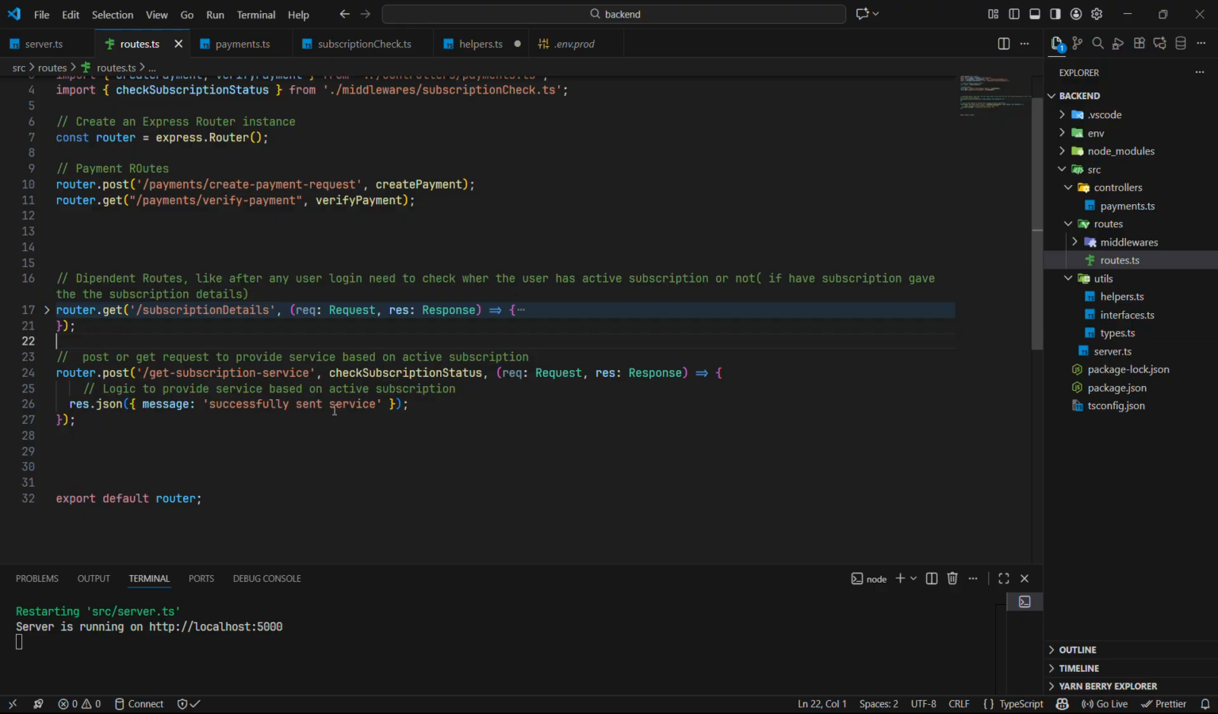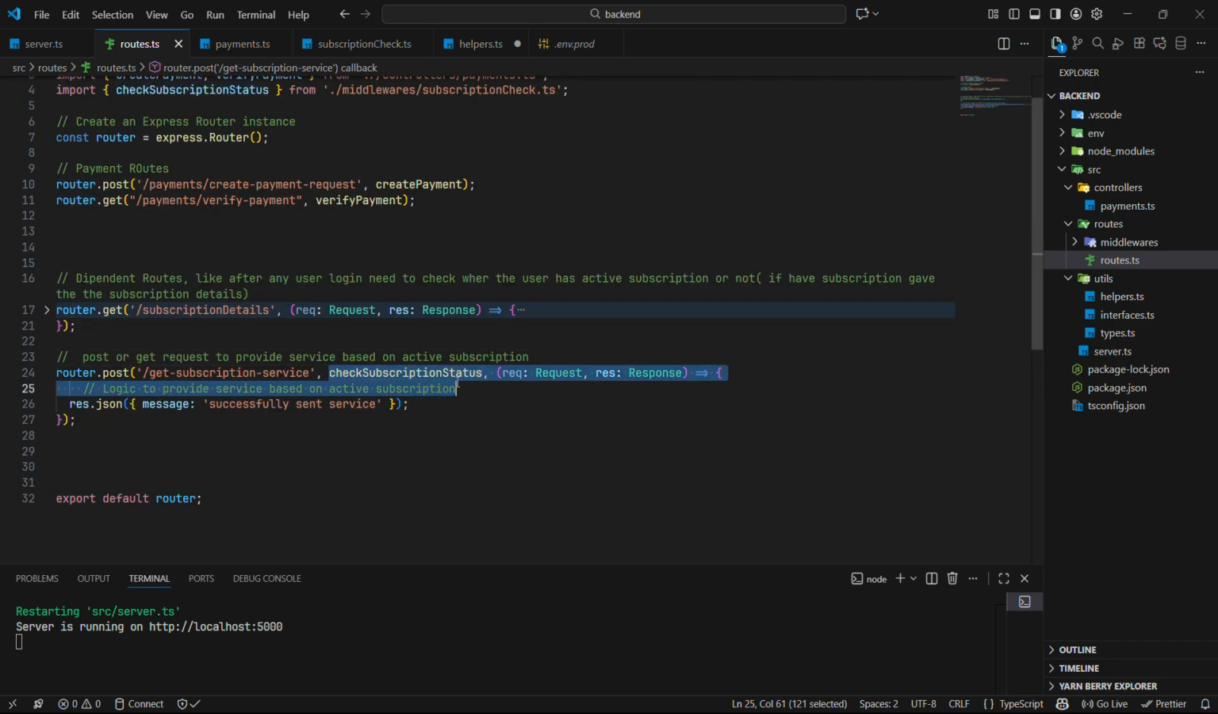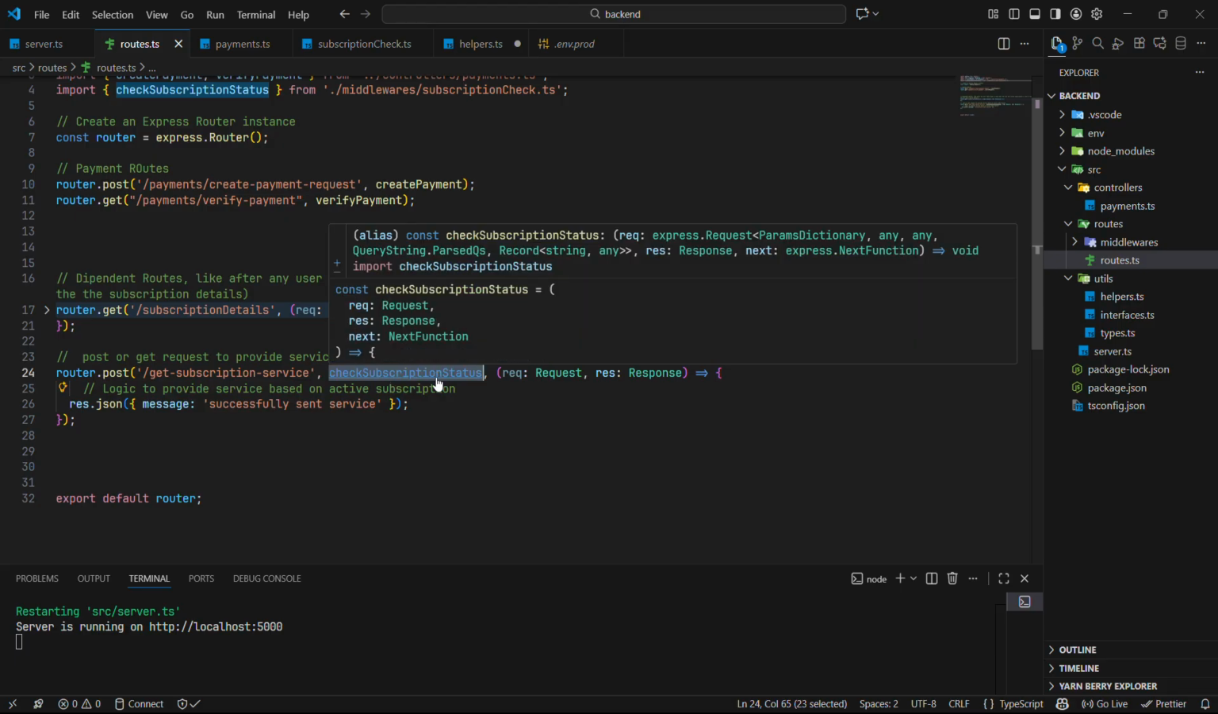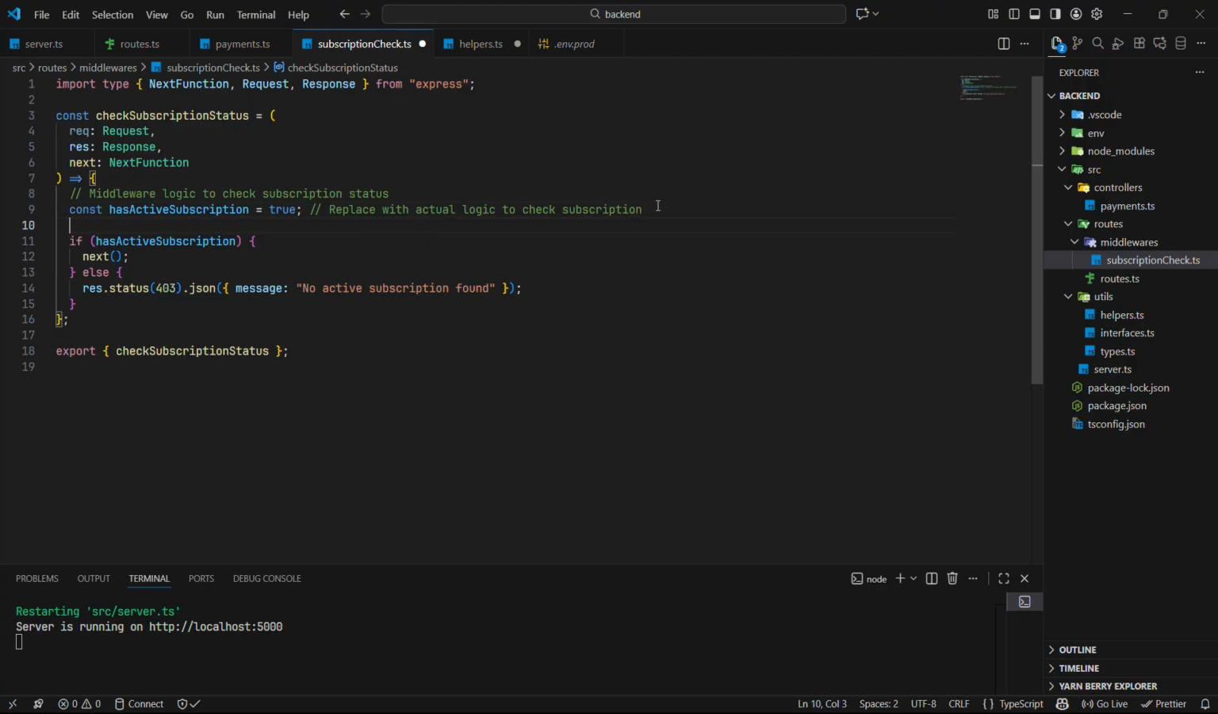But on the client side there can be issues. Any clever person can take the API and try to hit it directly. At that time we need to check whether that user is a subscribed user or not. See, here I'm doing the check subscription status before I give the service. This is the middleware, and whatever data is coming in, if he is an active subscribed user,